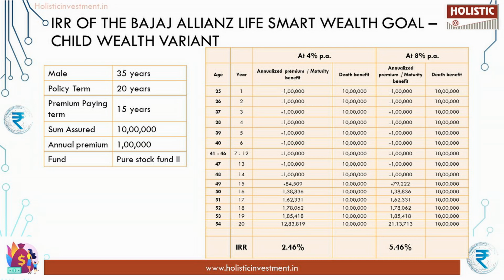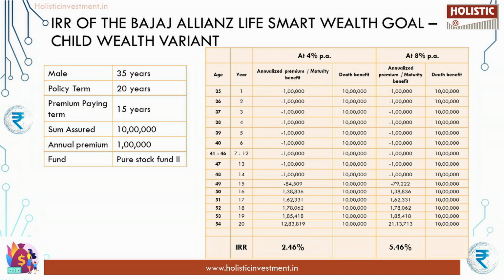The assumed rate of future investment is at 4% and 8% at worst and best case scenarios respectively. These assumed rates of return are not guaranteed and they are not upper or lower limits of what you might get back. You can observe the cash flow in the table. The allocation charge is returned in the 10th policy year, fund booster in the 15th policy year, payout in the last 4 years before maturity. Also, at the end of the term period, all charges are returned along with the fund value. The IRR at 4% return is 2.46% and 8% return is 5.46%.